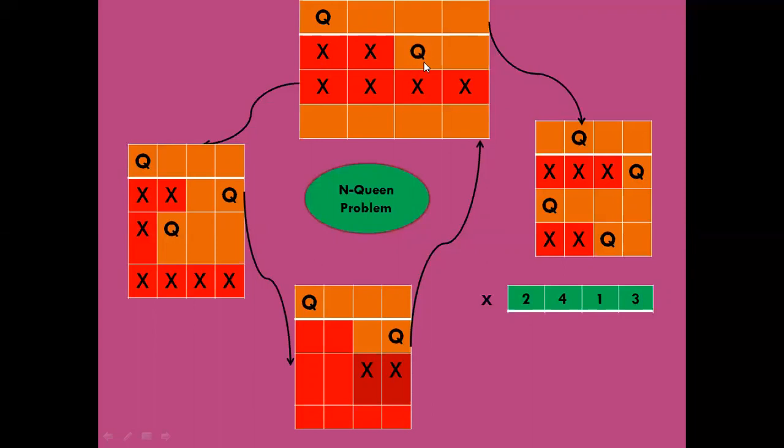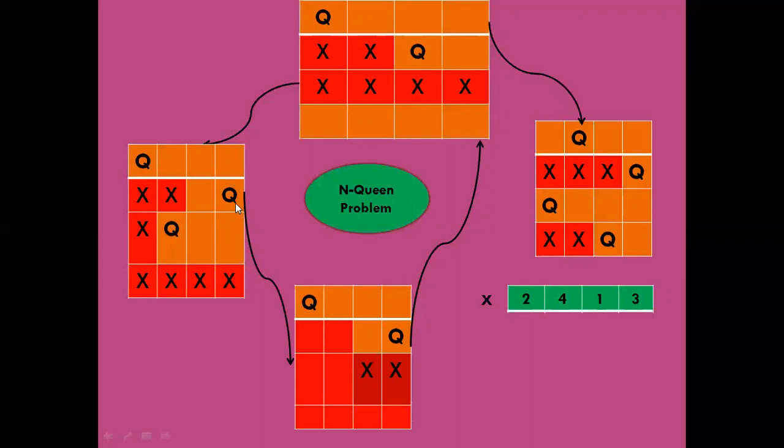Now, since you placed the second queen, you can place the third one. You cannot place it here because it's in the same column. Cannot place it here because it's in the same diagonal. Cannot place it here because again it's in the same column as the second queen, and same diagonal for the second queen. So you cannot place it here, which means you'll have to go back and change the position for the second queen.